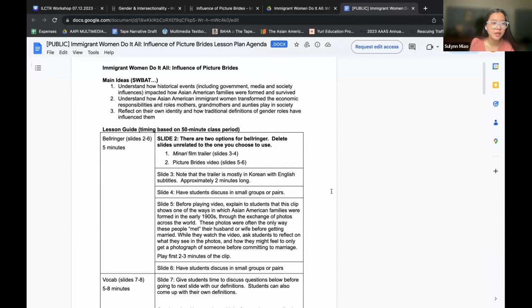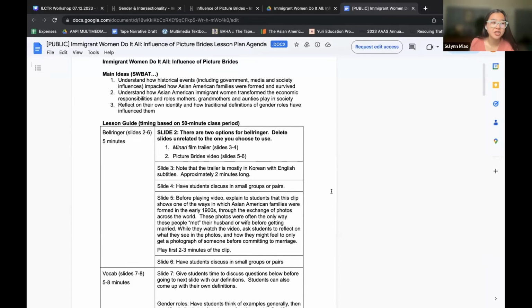For educators teaching about US history, you can use this lesson as an opportunity to teach students about the exclusion laws that limited and prohibited Asian Americans from immigrating to the US, including the Page Act of 1875, which specifically targeted Asian women by marking them as promiscuous and threats to American morality, or the Chinese Exclusion Act of 1882, which was not repealed until 1943.